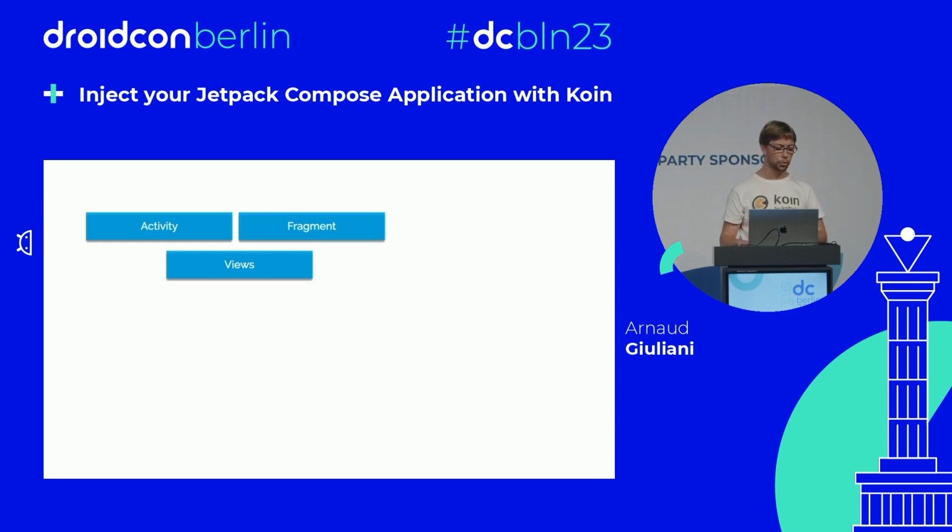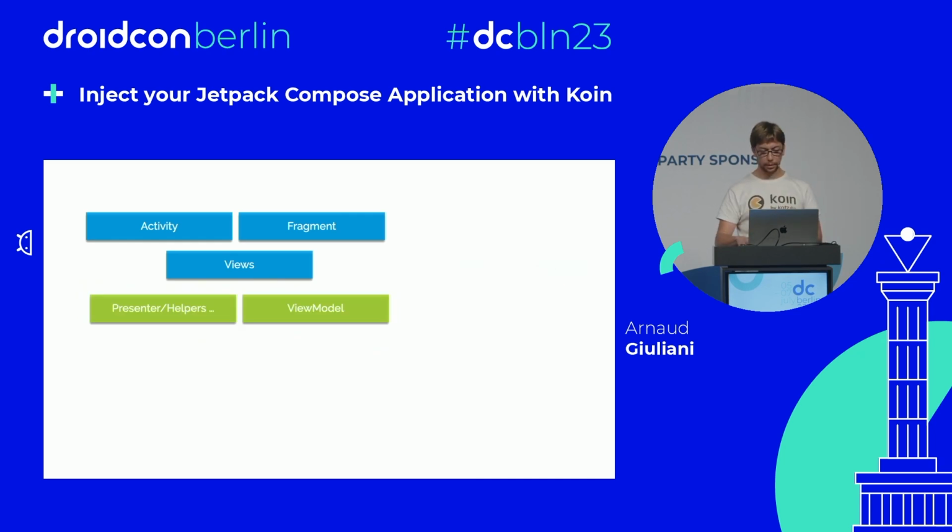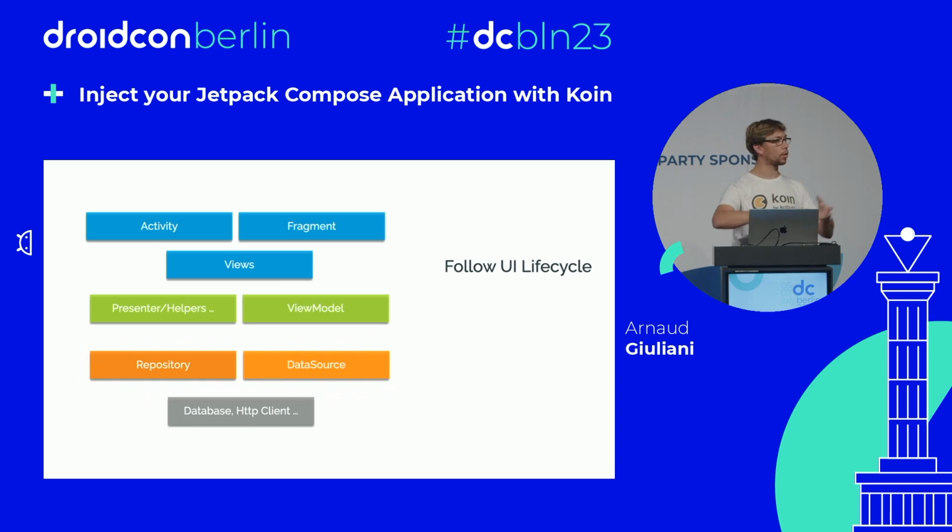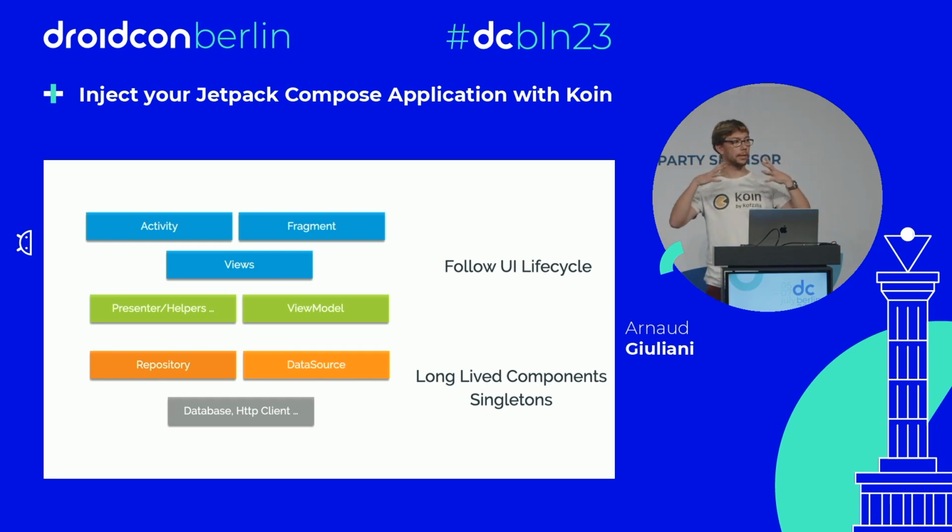We have those UI elements. We have presenters, we have view models, and all of this is behaving in the same lifecycle. And the opposite of that is all those long-living components, like services, like repositories, like all the kinds of helpers that can stay in your app for longer than the UI lifecycle. You have UI lifecycle components, and you have singletons that you can keep in memory. More or less, this is what you can have in memory to make your design.